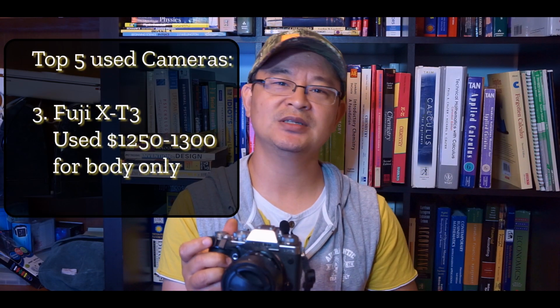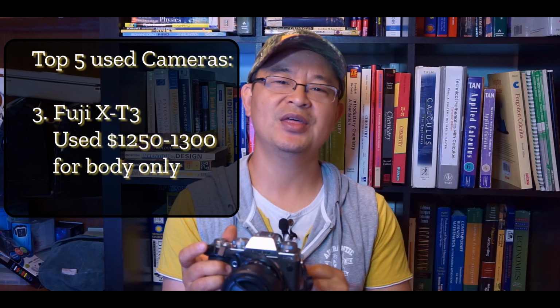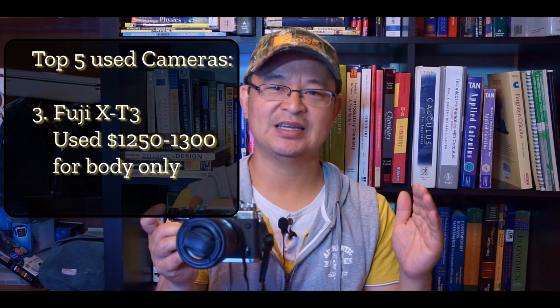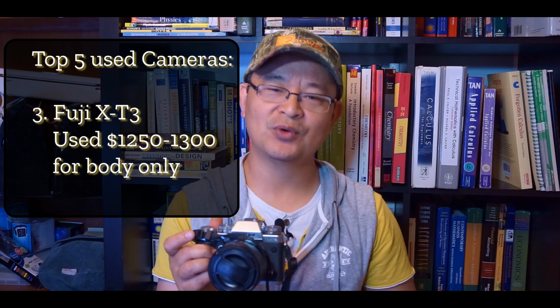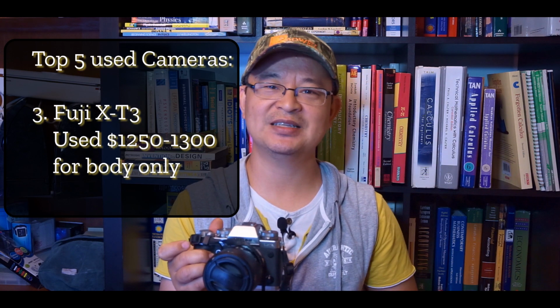Okay, so the third camera I highly recommend is the Fujifilm X-T3. This is the best, I would say, crop sensor camera. Now there is the X-T4, however that's a little bit more expensive. I think that's about $600 more than this camera. If you can find a used Fujifilm X-T3 with the kit lens, now the kit lens is, I don't think